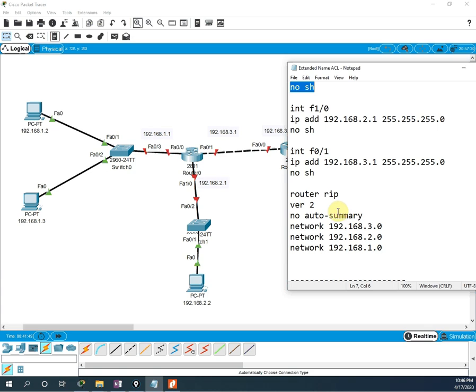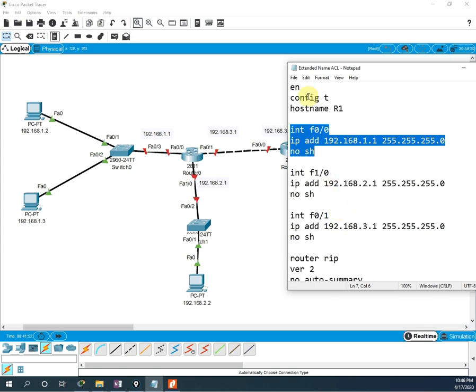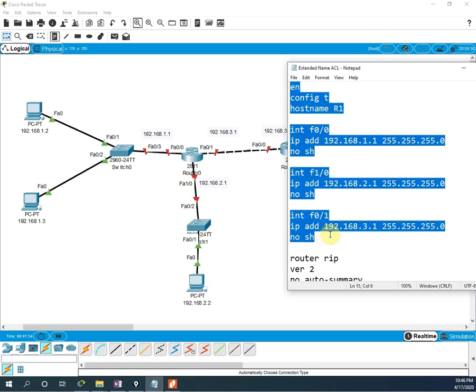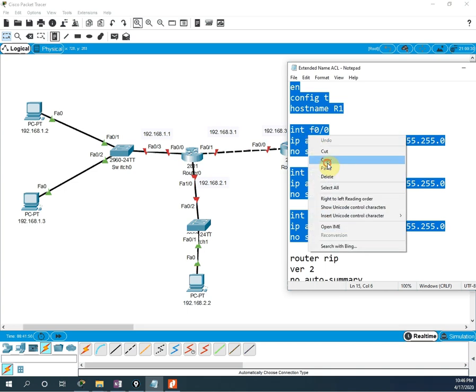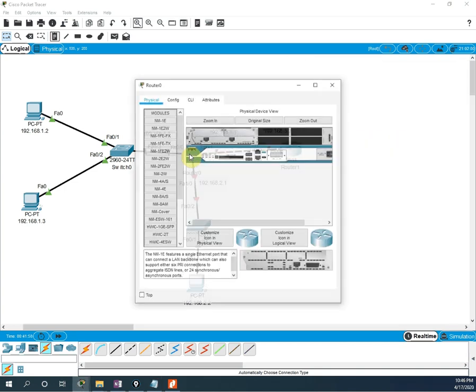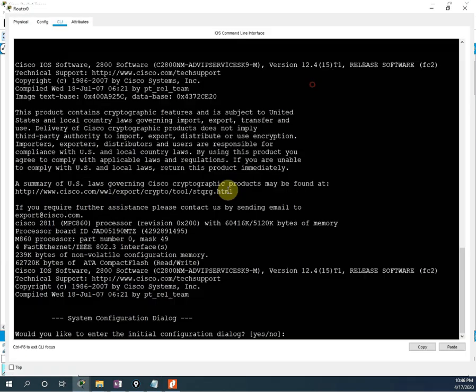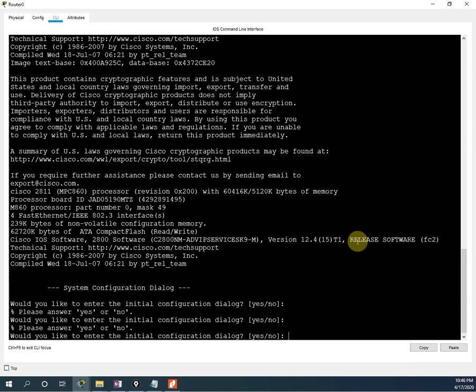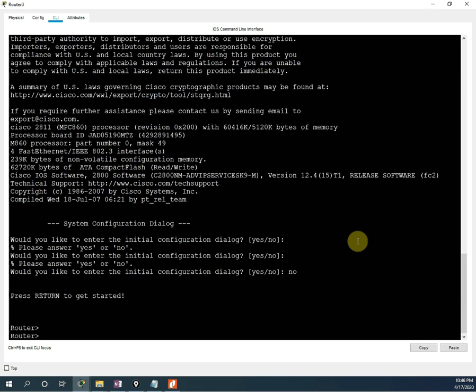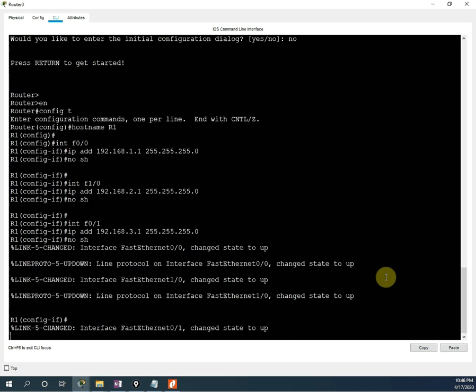Okay. So this is already configured. Let me take it till here. First of all, I will take the IP address configuration. I will go inside the router in the CLI, and first we need to write no. Then I will paste the configuration, so it will have the IP addresses. All configuration is okay, no error, nothing.